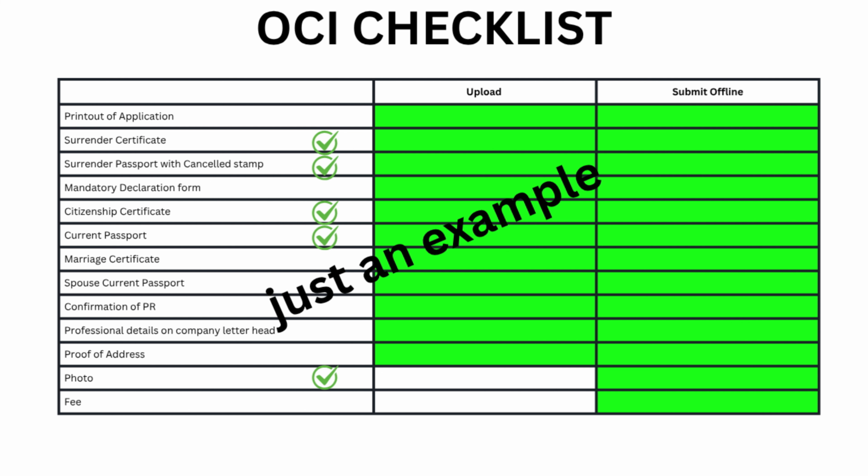Your confirmation of PR will get uploaded, and professional detail on a company letterhead will go. I have talked about various scenarios on how you can make sure that this document is available. Then proof of address will go. Photo already uploaded, and the fee part I will talk about a little later. So you see what all needs to be uploaded, and then you could have some peculiar situation for which you